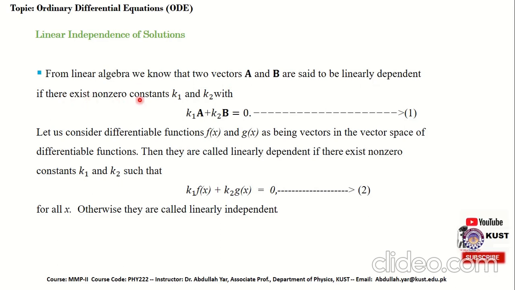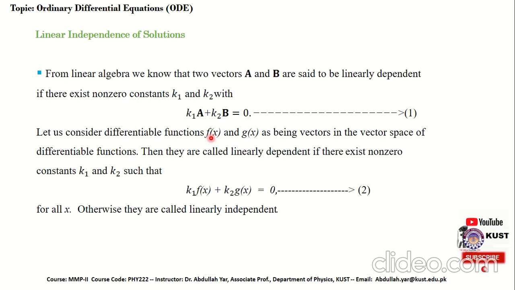there exist non-zero constants k1 and k2, such that if you multiply vector a by k1 and vector b by k2, if their sum is equal to 0, then the vectors a and b are linearly dependent. Otherwise, if this sum is not equal to 0, then the vectors a and b are linearly independent. Now let us consider